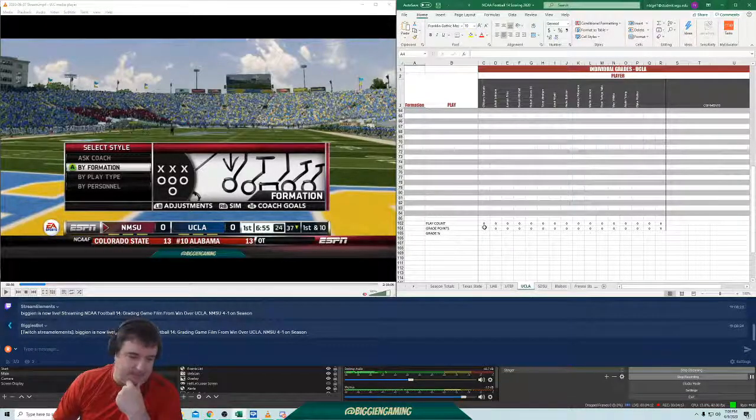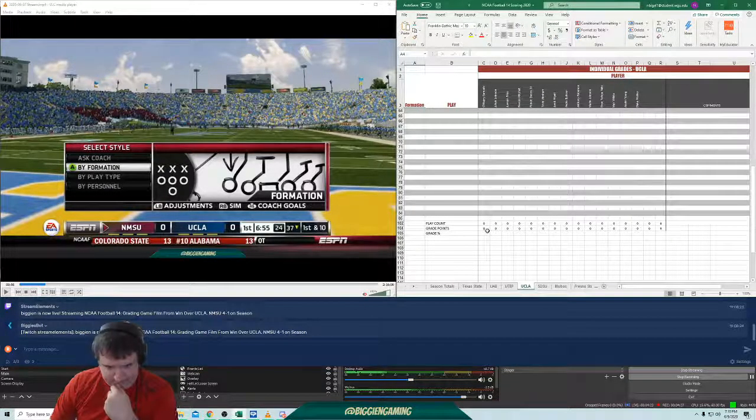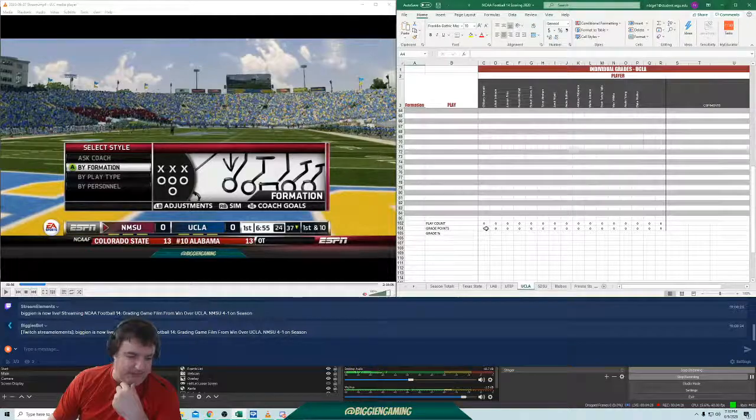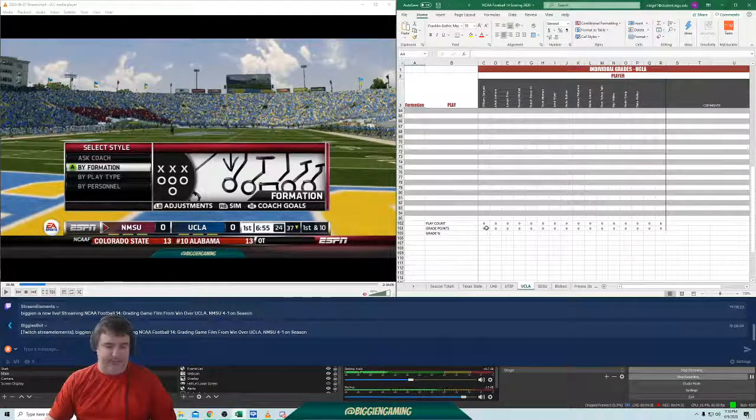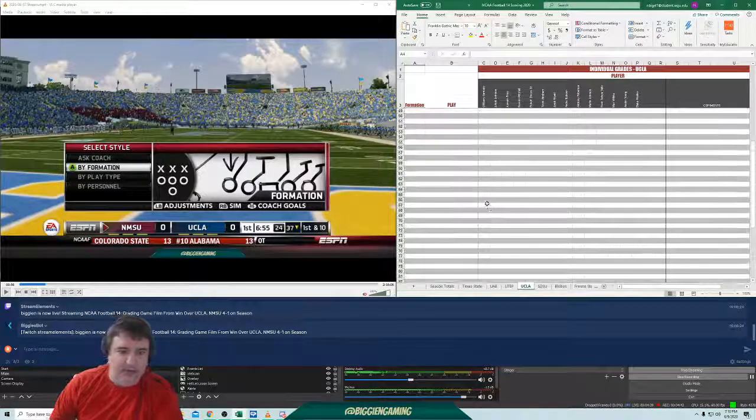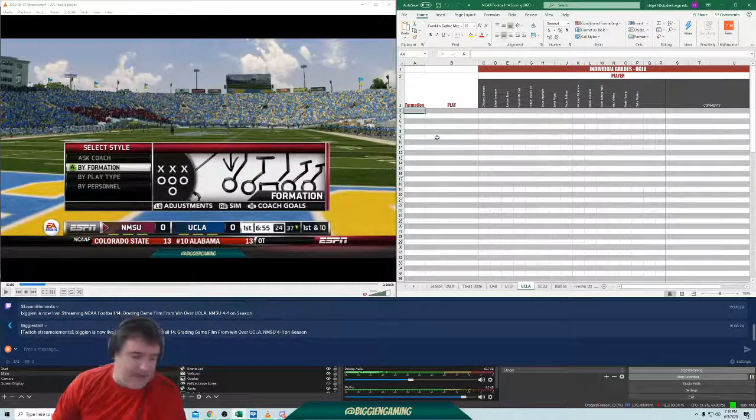Graded points. Remember, 0 is they didn't know what they were doing. Okay, so that's a 0. 1 is they knew what they were doing, but they just didn't get it done. 2, good play. 3 is a great play, spectacular play. Okay, and as we do that, it tells you how many grade points. Here's the percentage. Okay, so basically what we do is we take the grade points and we are dividing it by how many plays, by the play point, basically the play count, play points, things like that. So we'll kind of scroll down and you'll see what I'm talking about as we go along.